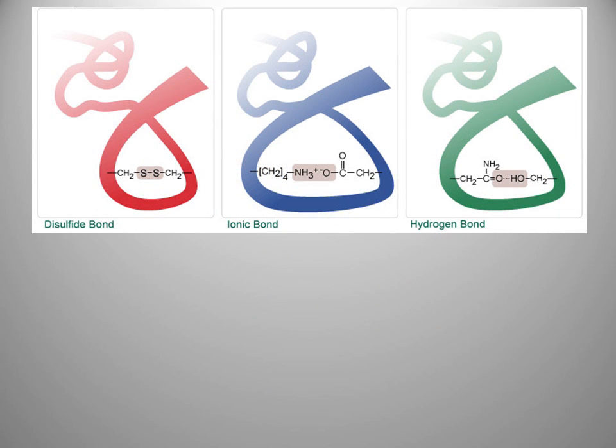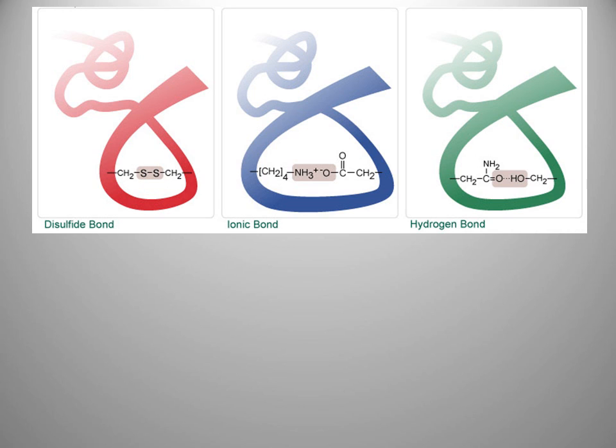So we have the covalent bonds, most common when we talk about proteins, when we're talking about folding. Now, if we look at the primary structure, if we were to follow this ribbon here, what links the amino acids together in this ribbon is a covalent bond. We call that a peptide bond. Well, what's going on here is that we've got this loop here, and these two amino acids, these are different amino acids here, their side chains have been linked with a covalent bond,